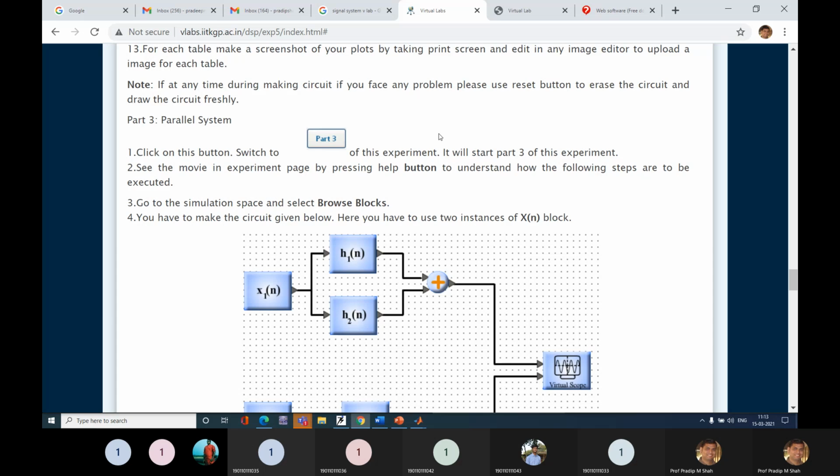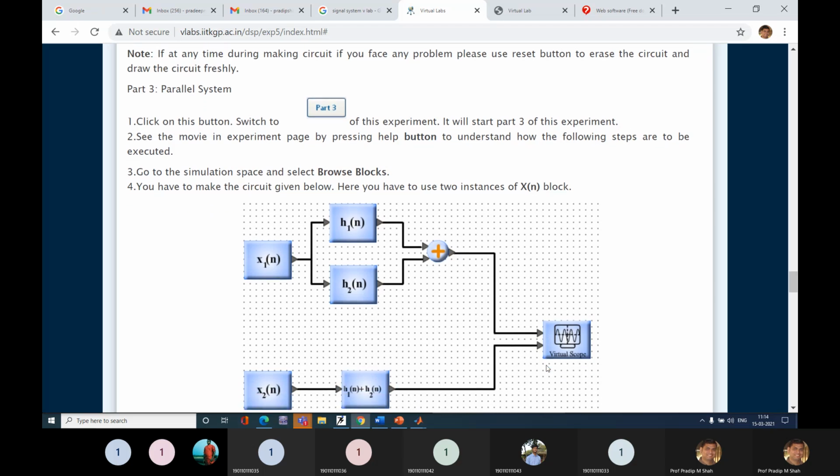While in a parallel connection, we give the same input to both systems simultaneously. Here you can see I'm giving x1, the same input, to the individual systems h1 and h2, and I take the summation. The output of the individual systems is added and given to a virtual scope for observing the output.